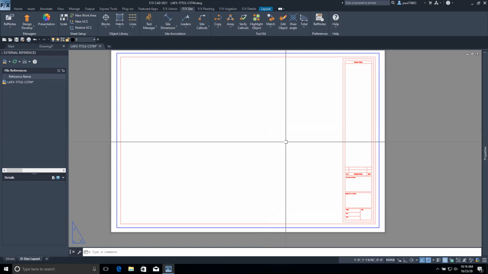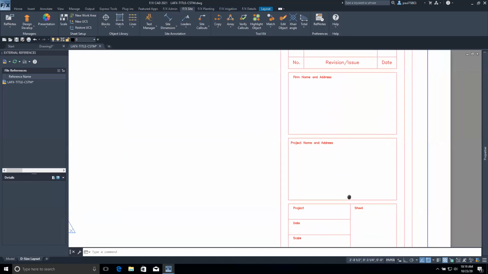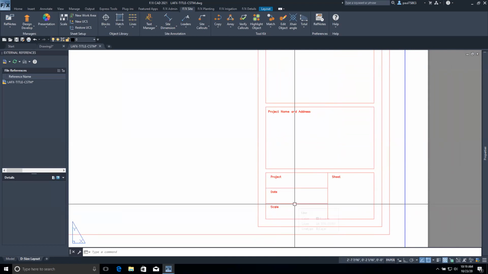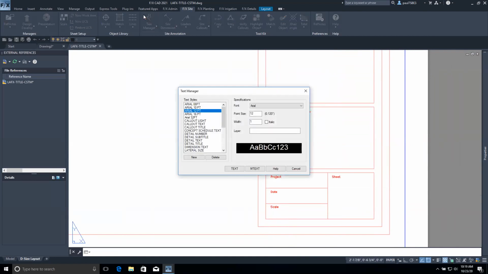So here I have my basic CAD objects, and I also want to create a couple of text attributes so that whenever I place this block onto a sheet file, those will prompt me to add in this information, and it'll be consistent among my sheets. At least the style will be, the content might change. So I'm going to do this in a very simple manner, and I'm just going to go to my text manager and place a piece of Arial text